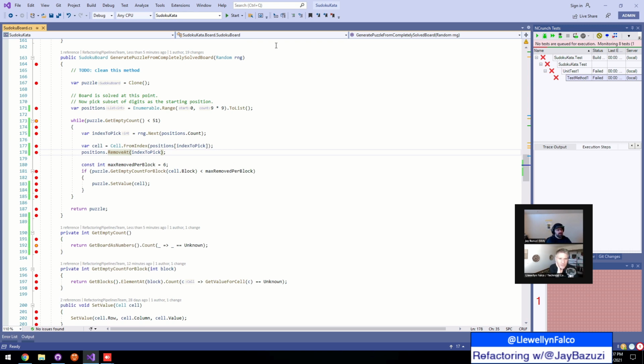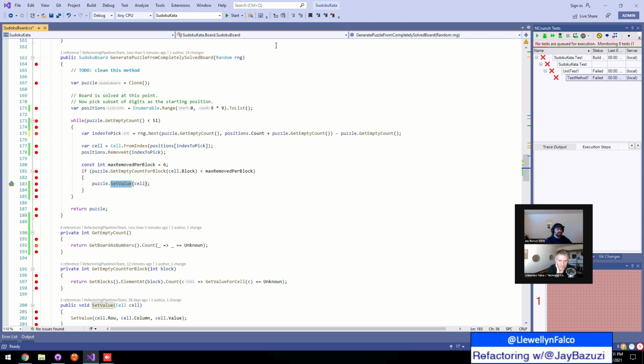So the thing is, I don't think the random number is the same. Right? So if you say random next between, if you do that and then you minus the get empty count off that random, I think that will work. But it doesn't. We get the index, we remove the index. Okay, you know what? It doesn't